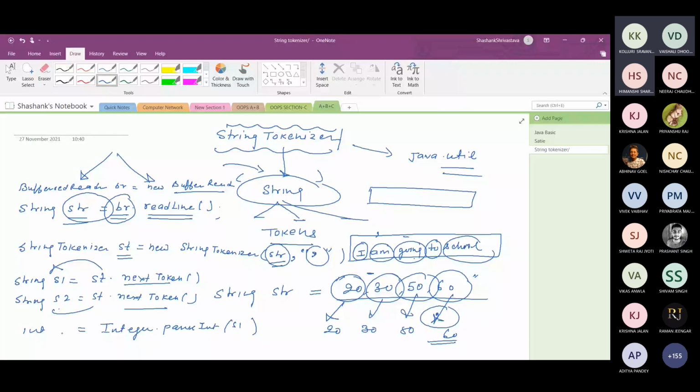So here the string can be converted into multiple tokens, and the tokens are also of type string, and a string can be converted into integer, float or double with the help of wrapper class methods. So basically these are the fundamental classes which can be used to read the data from the keyboard.